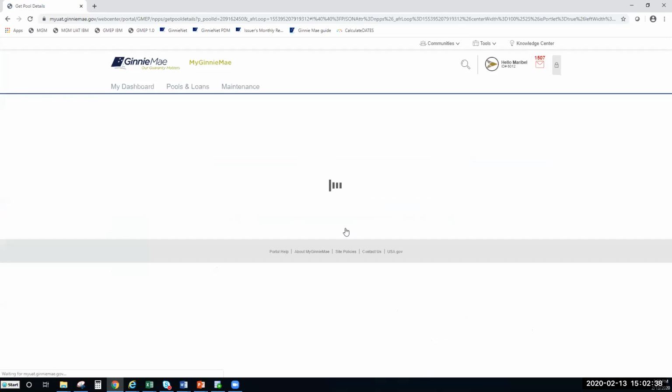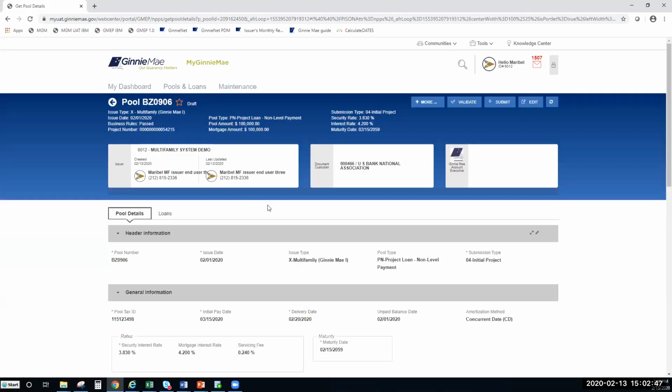You basically see the same thing, right? Let's see. It tells you that the business rule has now passed. So we're in good shape. We have entered the pool detail and the loan information, and we are happy. What I usually do, let's just quickly check out our documents before we